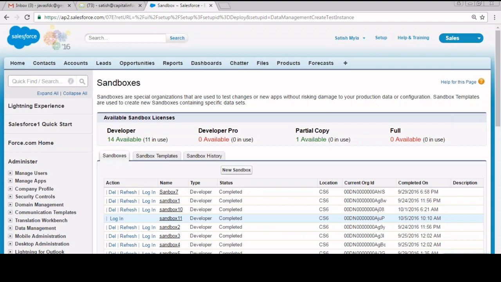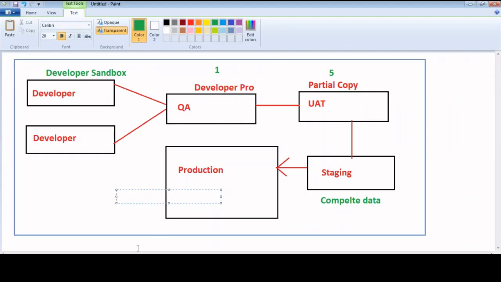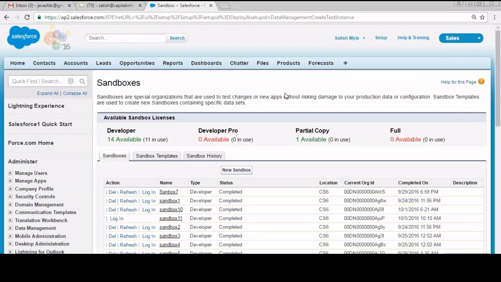No, not like that. My question is, suppose we have a developer sandbox. Today I started development, but it is not yet completed. At the end of the day, someone refreshes the sandbox. Then whatever development I did will go, right? That will override it with production, right? Right. Now, when you get a sandbox,